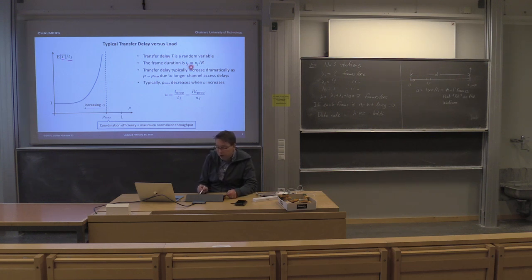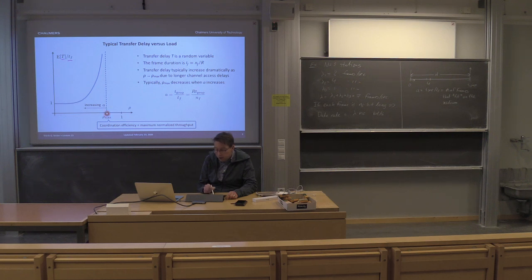The frame duration, again, TF is NF divided by R. NF is the number of bits in a frame, and R is the data rate on the medium. The transfer delay typically increases, and it increases dramatically as we approach rho max, so when we push the system to its capacity. That's typically due to longer channel access delay, the delay before we can access the channel. And then rho max,